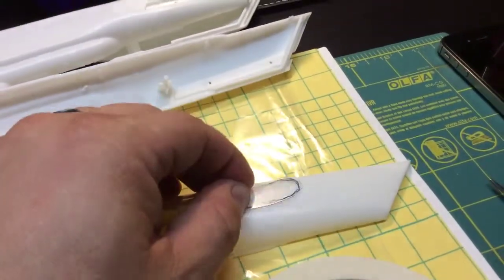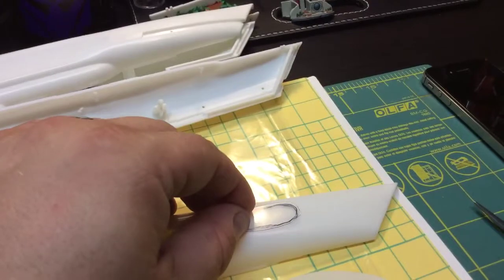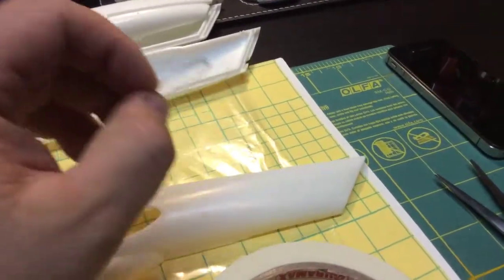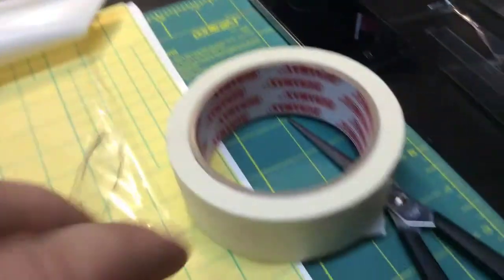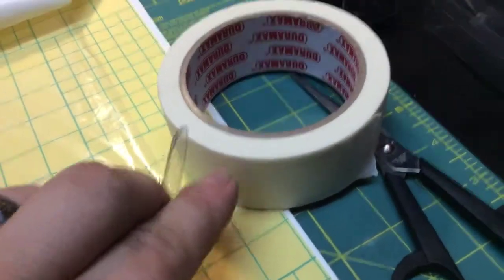And then I'll just need to make sure that they're positioned properly on the inside, so that when I put the decals on, it's in the correct position. So we're just going to get to cutting these and doing that right now. So hold on a